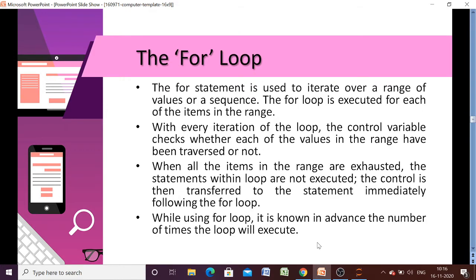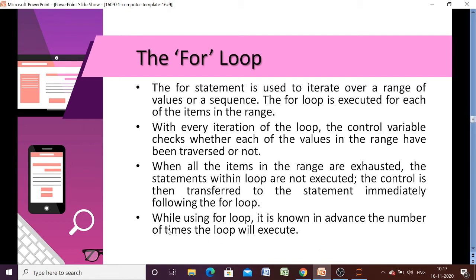When we are talking about repetition constructs, Python provides us two types of loop. The first one is the for loop and the second one is the while loop. Now let us discuss what the for loop is, and then we will come to the while loop. Basically the for loop is used when we know how many times we want to iterate our statements. If it is known well in advance how many times we want to repeat the code, then we use a for loop.